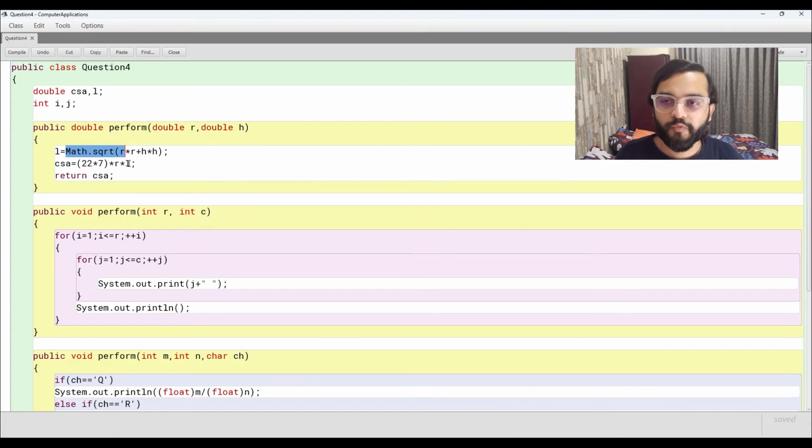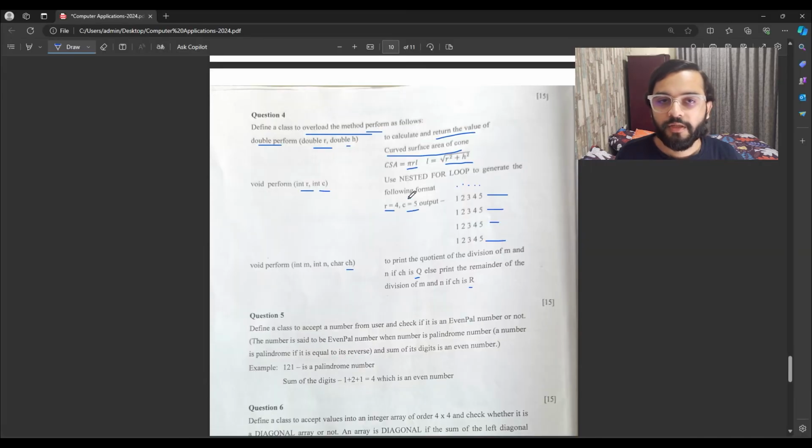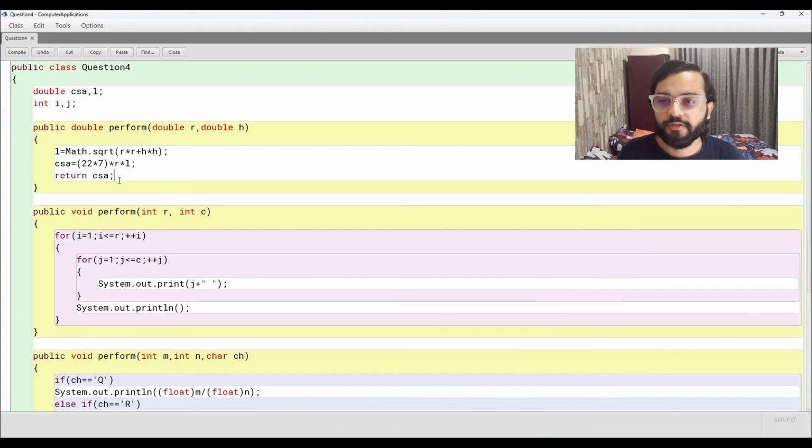Multiplying these values, we have to return this because in the question it is written that we have to calculate and return the value of the curved surface area of the cone. So we compulsorily have to return the value of the curved surface area, that is CSA. Now next,